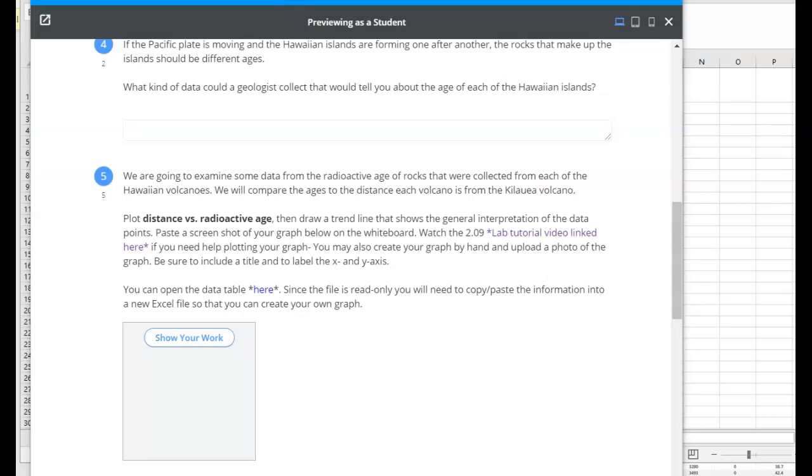I am working on the 2.09 Island Chain Formation Lab Part 2 today. I just wanted to make a quick tutorial to show you how to insert your graphs into GoFormative. I know that it's a little bit trickier, it involves one extra step, so I'm just going to skip ahead to problem 5 and show you how to do that, but this applies for anything that you want to insert